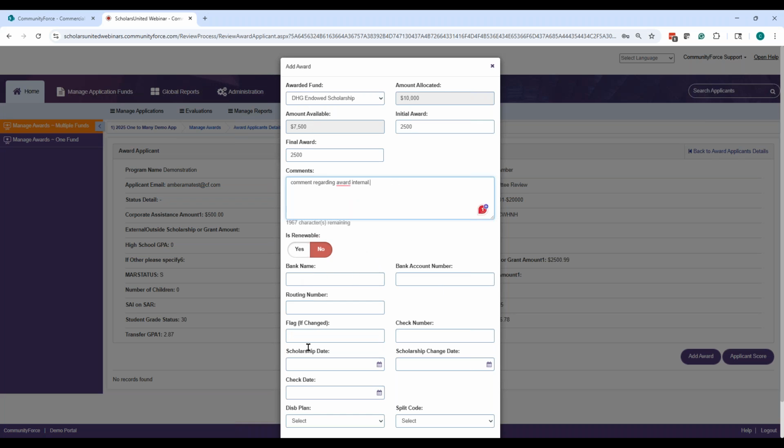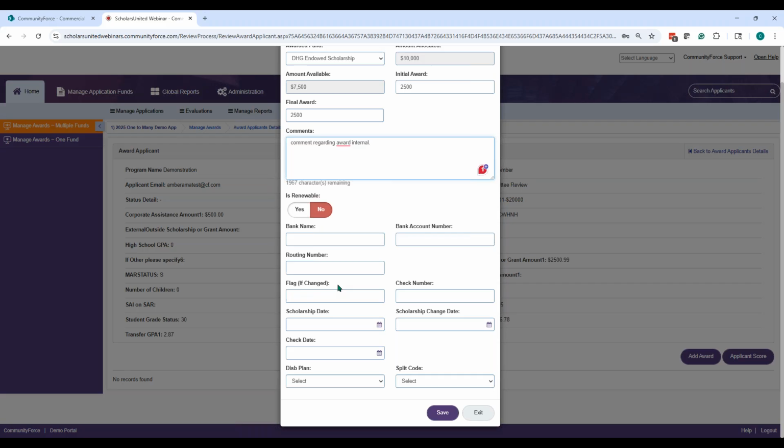And then these fields down here are all fields that were created in the administration site settings, to gather additional information. So maybe at this time you might not know the bank name or the bank account number or some of this kind of stuff, or the check number. But what's nice is I can complete it now, or once I get this information, I can come back here once I make the payment to her and flag it as well.